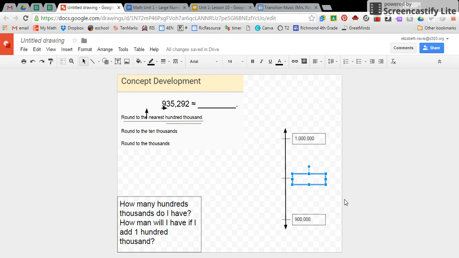In the midline, I'm still going to be in the 900,000s. I'm going to be at 950,000, because that's going to be halfway between 900,000 and 1,000,000. You can imagine that you're counting up your number line by 10,000s. That would make us move a total of 100,000 by the time we get to the top. Okay. Your next job is to place the number on the number line. So I'm going to use the actual number from the problem,